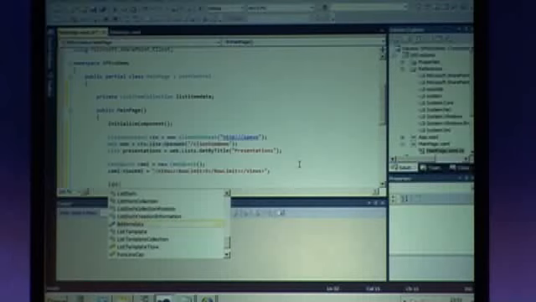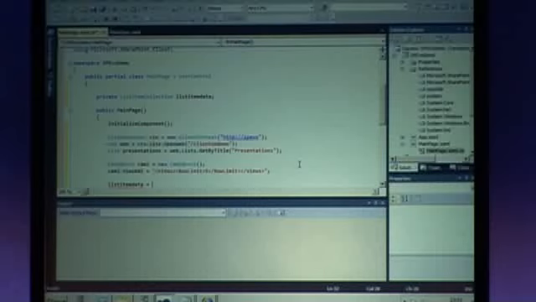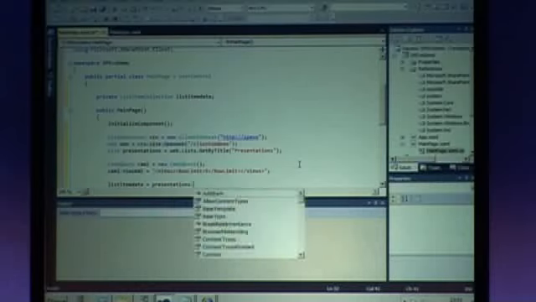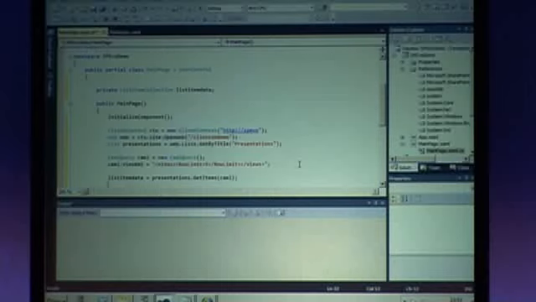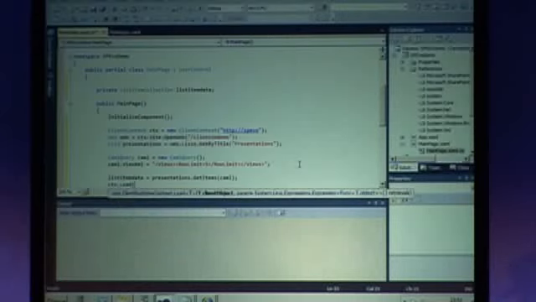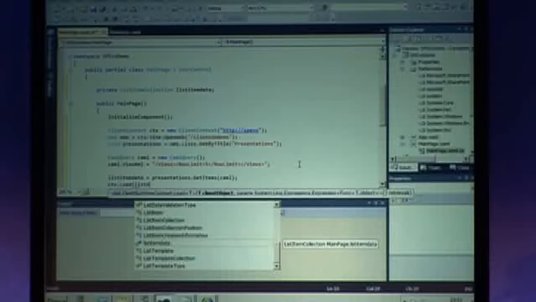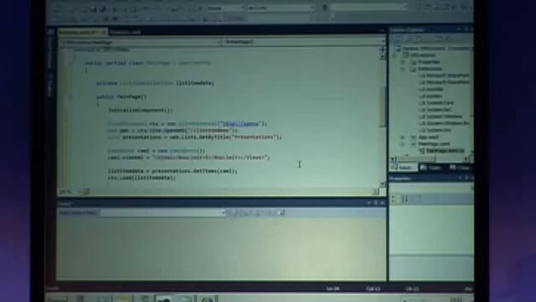So my list item data field I can now populate with my presentations list dot get items with the CAML query I've just created. So there we go. Now this is a piece of information I do want to load into my context, because I want this information to come back. And then away we go. We can then execute that